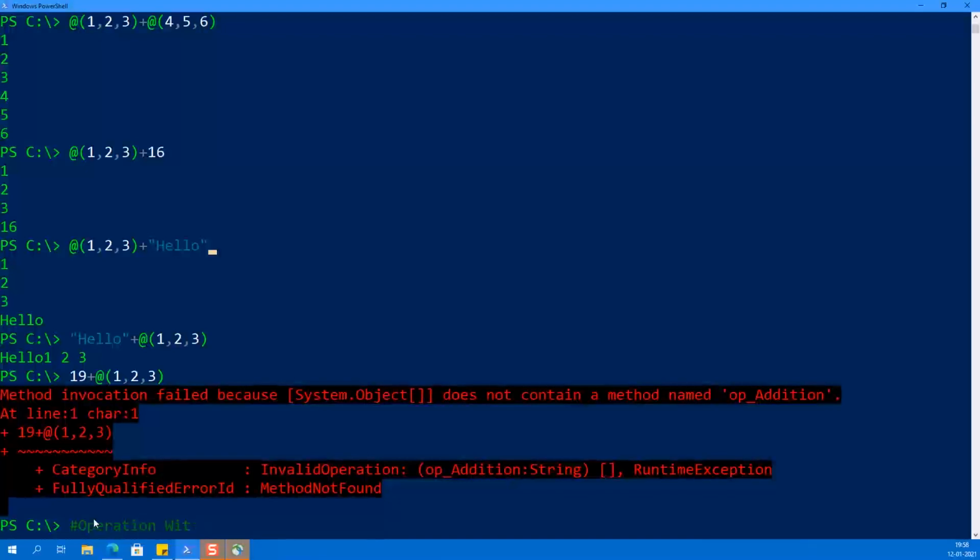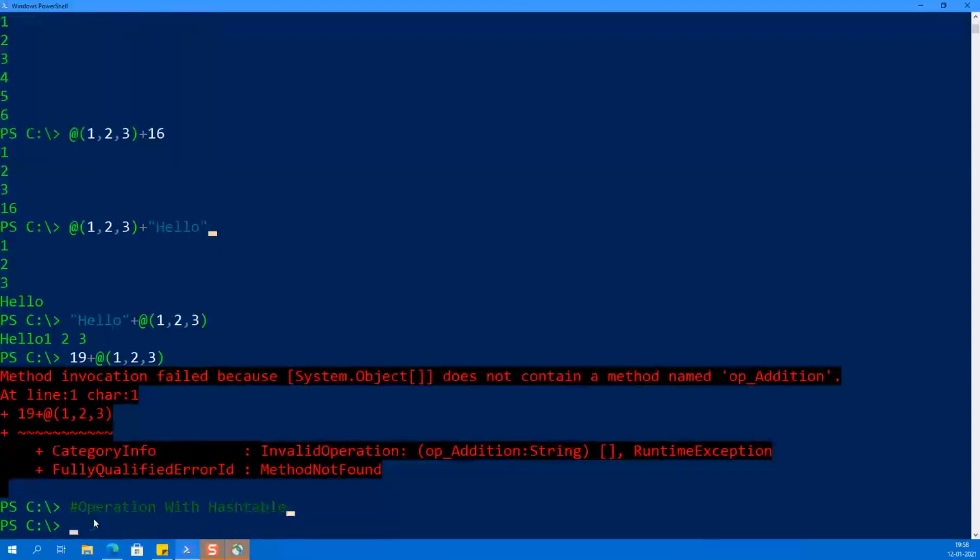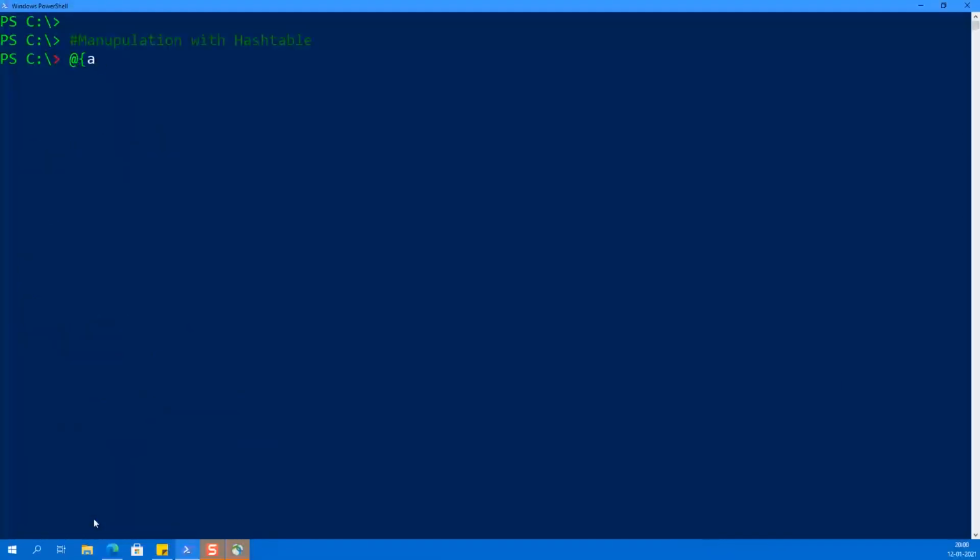We can also use the addition operator with the hash table. In case of a hash table, it only accepts the hash table data type. So if you try to add any other data with a hash table, it will not allow. Let's try to add two hash tables first. In this example, we are trying to add hash table a equals 1, b equals 2, c equals 3 with hash table d equals 4, e equals 5. As both data types are hash tables, there is no problem in addition. So both hash tables get added and become one single hash table.